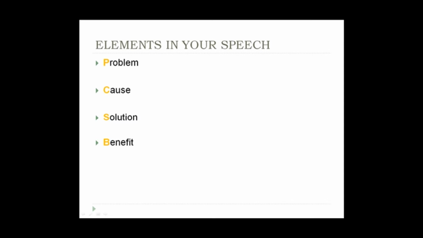The following elements apply to any speech: problem, cause, solution, and benefit. These elements are similar to the ones you would find in a successful direct response sales letter: problem, promise, proof, and price. In public speaking context, you start the introduction with highlighting an existing problem or challenge your audience can relate to or are currently facing. Then you transit into the cause, the root of the problem. This is later followed by solutions and its benefits.